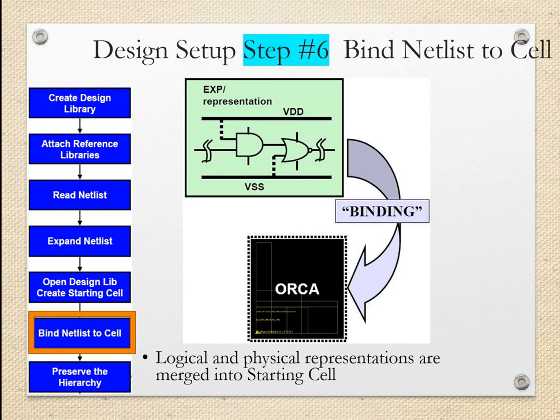So we have given different inputs to the CAD tool, and now the actual physical design and the logical description related to it are to be bound with each other, so that for this particular cell this is the physical layout and this is the logic with which it will function. That is called bind netlist to cell.